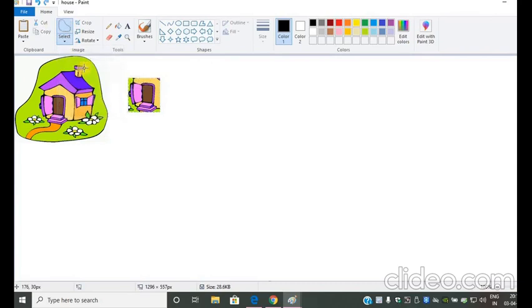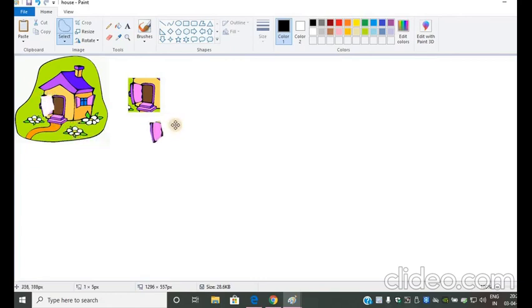The free form selection allows us to make a selection area like a freehand drawing. Let's try this. So I have selected the free form selection. This icon has been changed. We can select any irregular shape or part of the picture using this free form selection. So I can select just this door only. I have to draw a boundary around it like I am drawing with a pencil, and then I have to leave it. So this door has been selected.